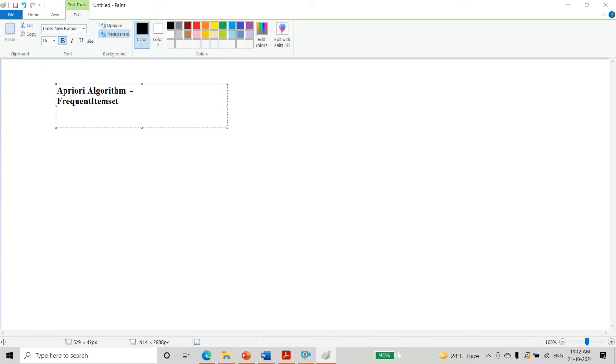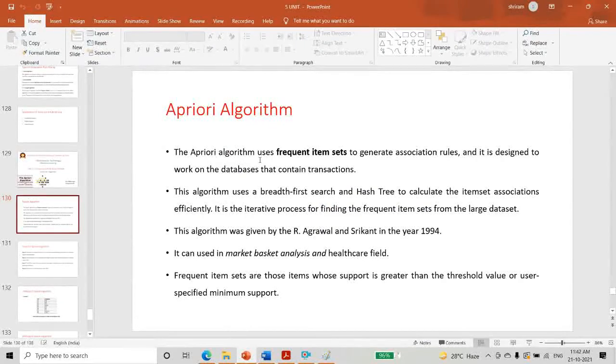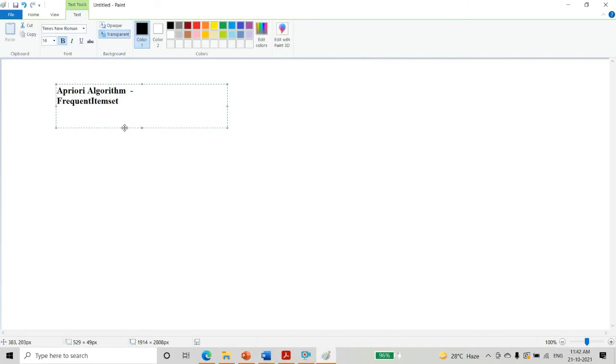Suppose there are two transactions. As I said, the Apriori algorithm uses frequent item sets to generate the association rule, and it is designed to work on databases that contain transactions. So if I consider two transactions,